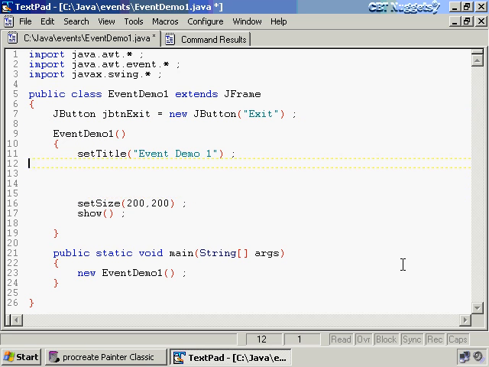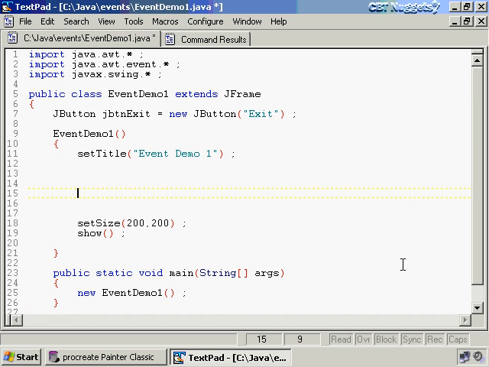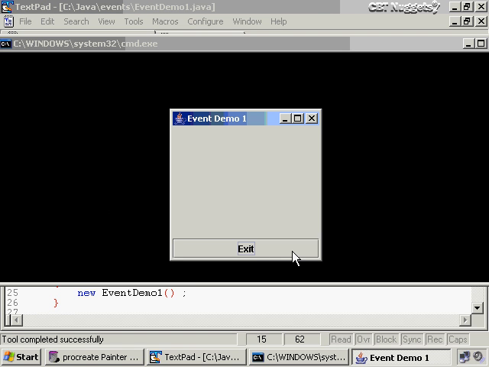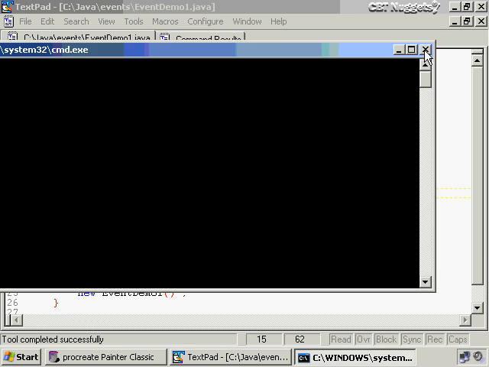So I'm going to say, give myself a little room here, getContentPane().add(jbtnExit, BorderLayout.SOUTH). So let's go ahead and compile that, and here we can see I've got a nice little exit button that's pretty cool, but not quite handy. Doesn't exit anything yet. So let's go ahead and kill this stuff, and let's start making that exit button come